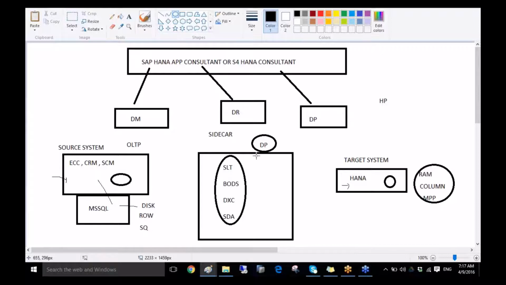So data provisioning is nothing but moving of data. But how do you want to move? There are different ways to move with different tools. SLT is to move data in real time. So what is real time? Real time means, as we just discussed,